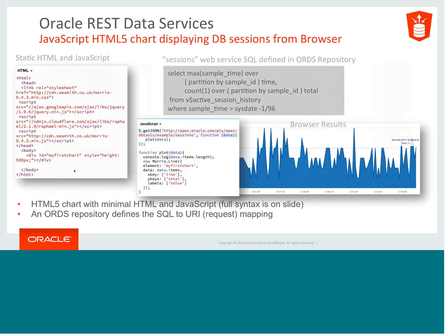The other benefit of RESTfully enabling everything is the plethora of JavaScript libraries out there. There's a library for everything. In this example, all we have is an HTTP call that gets a number of sessions, and it plots it. Literally all it is is this little bit of HTML on the left and this little bit of JavaScript on the right, then a chart pops out. Very easy to do. So let me